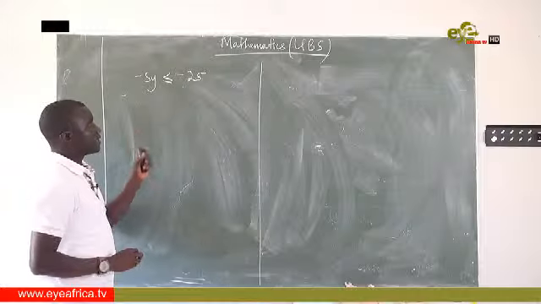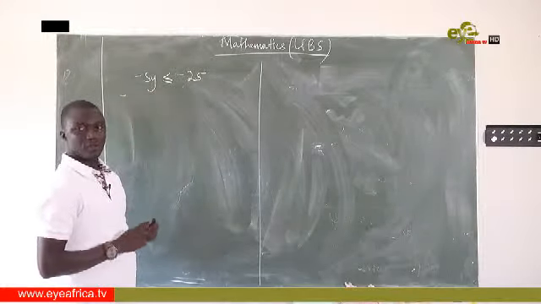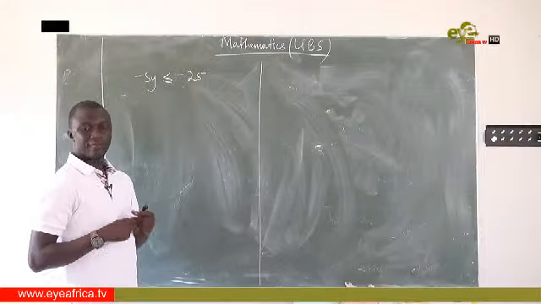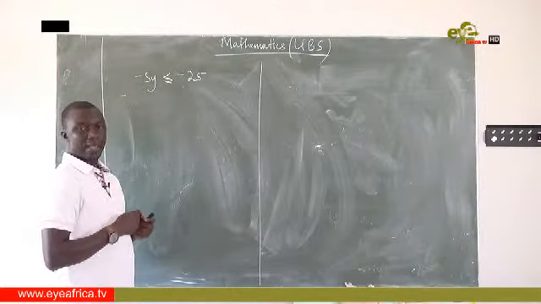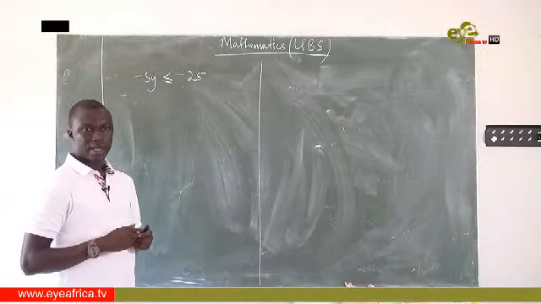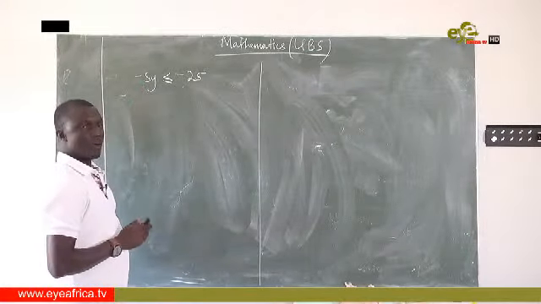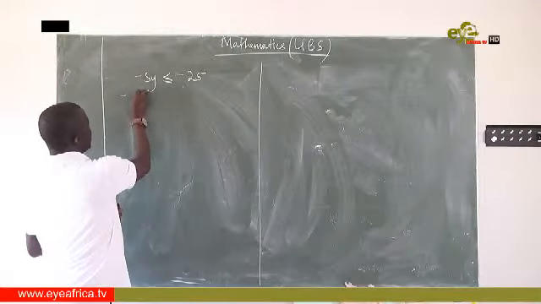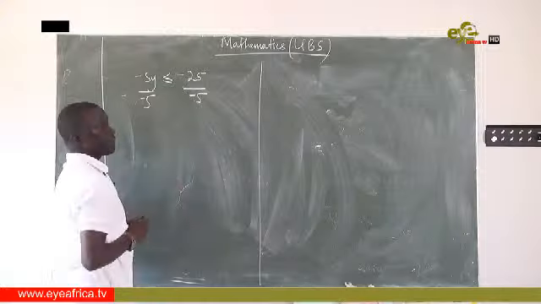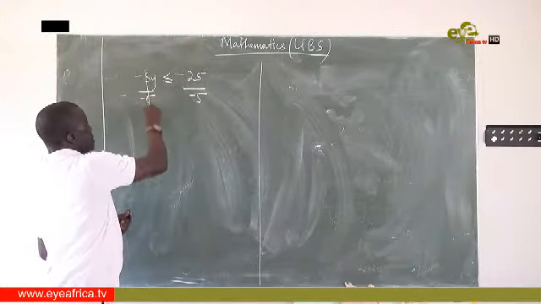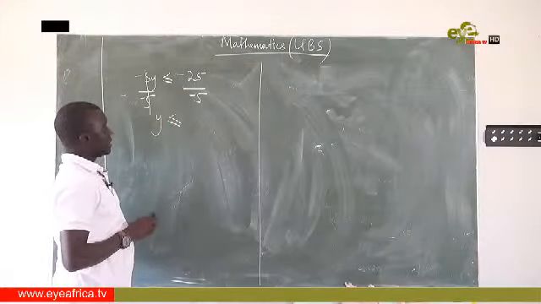So if you have to solve this, first all we need to do is to undo the operation. We have negative 5y means negative 5 times y. Because we were multiplying, the opposite of the operation there is division. So we will divide both sides by the coefficient of the y here, which is negative 5, and divide here also by negative 5. Negative 5 cancels negative 5, so we are left with y is less than or equal